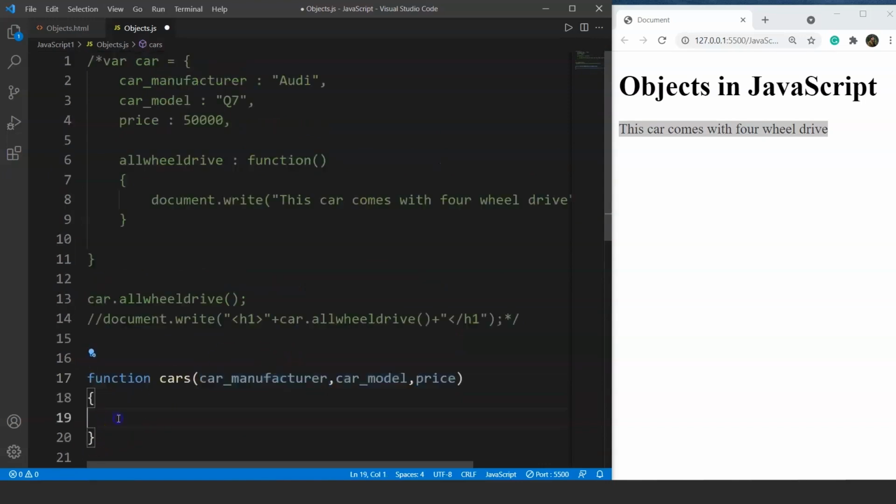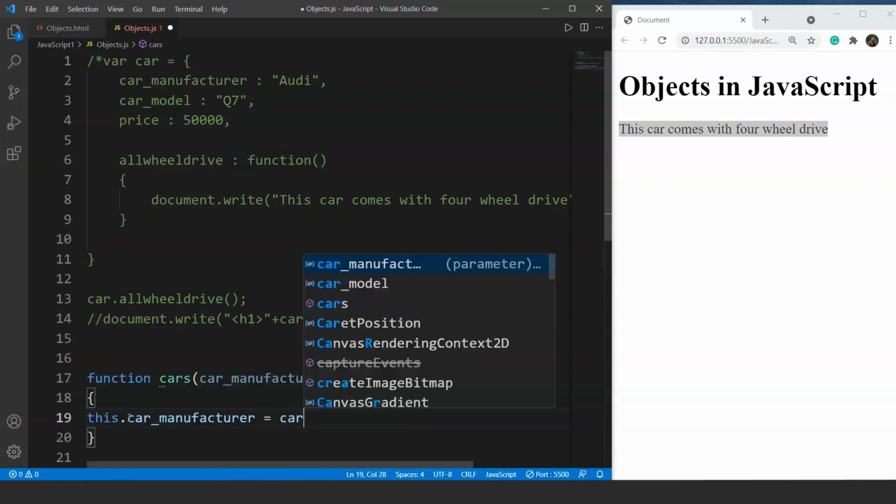So let's move on to the body of the function, and inside the body we will use this keyword here. This keyword refers to the object it belongs to. So here in this program, this will refer to the object basically. So what we are doing here is, whenever we are creating any object using this constructor function, we will pass specific values like the car manufacturer, car model, and the price, all of these values. So all these values will be present at the RHS. So let me write this first. Let's say we are using this dot and the property name car manufacturer.